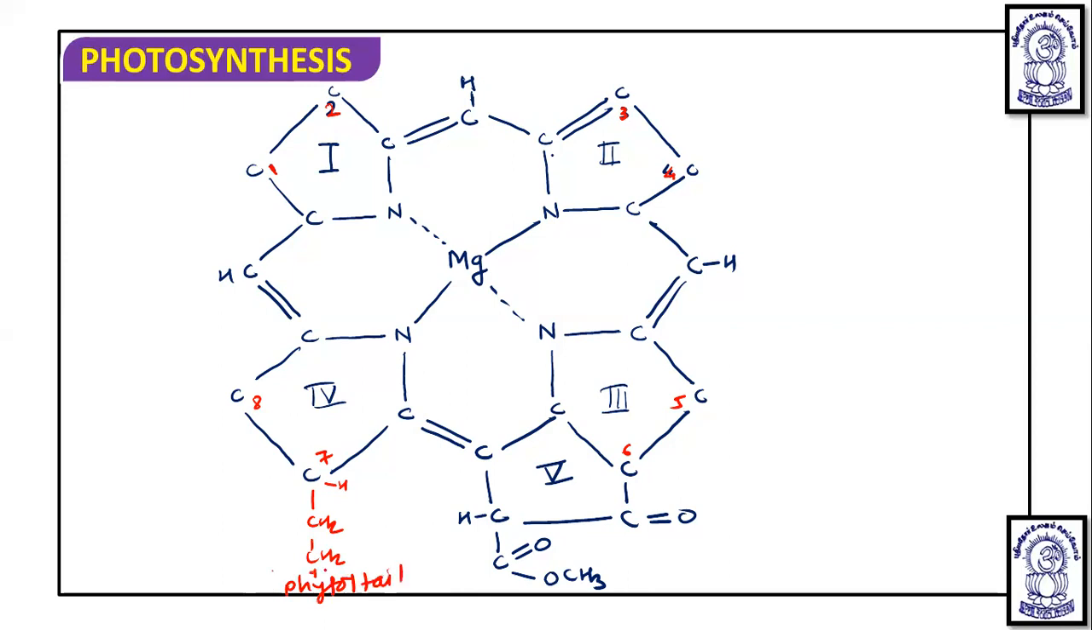Okay, the phytol tail is attached here at the seventh carbon. Apart from this, the whole thing is the porphyrin head. This is the porphyrin head. Now, if you want to add the different groups, it is known that